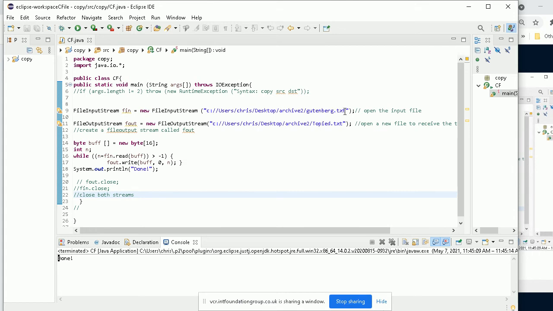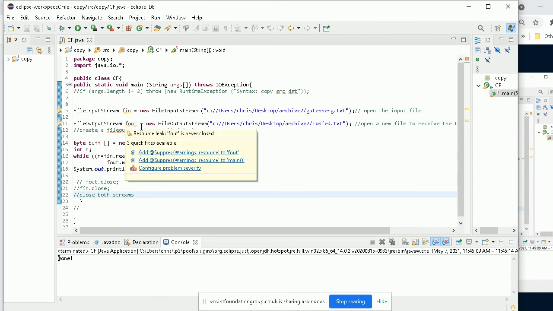attaching it to a communication channel, which might sound a bit odd, but a file is a communication channel. It's the name of the file, Gutenberg.txt. Creating a new name into which I want that file to be copied. And how do I do that? Well, first of all, I create a file output stream because I need a file output stream to give me the methods I need to write data to a file. I need that.